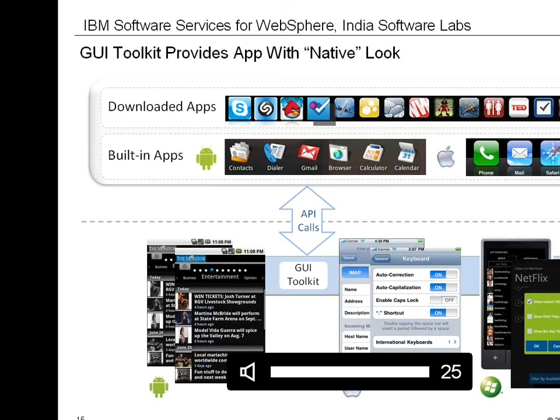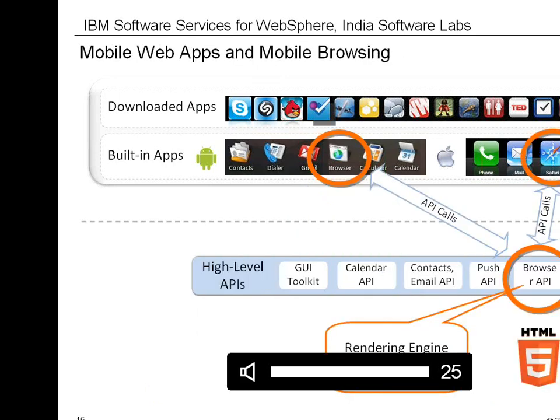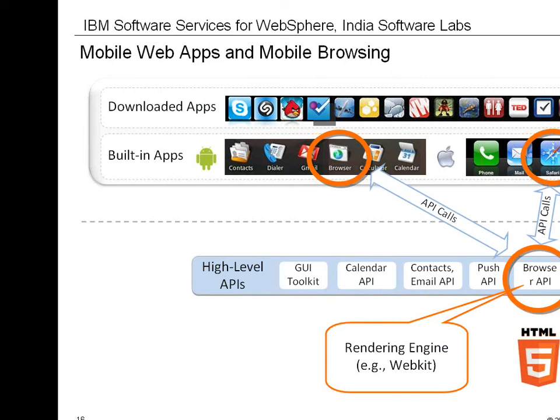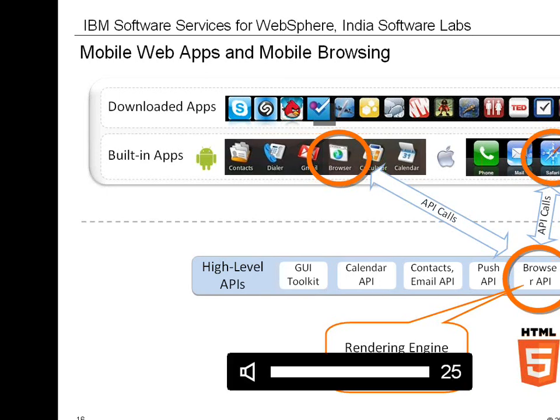Now let's take a step back and focus on one specific built-in native application, the browser. Today, mobile devices come with very powerful browsers with support for many HTML5 capabilities, CSS3 and advanced JavaScript. Here on this slide, I have specifically highlighted the browsers that come bundled with iOS and Android.